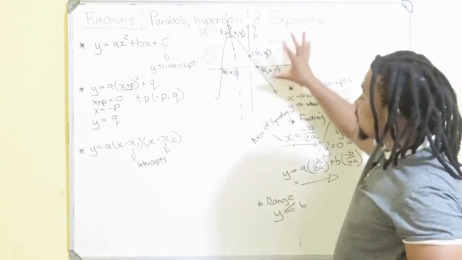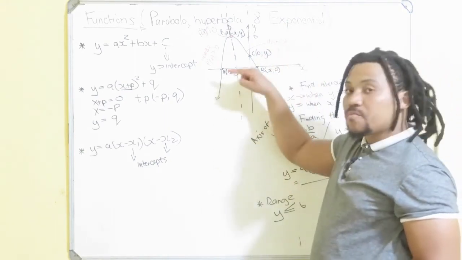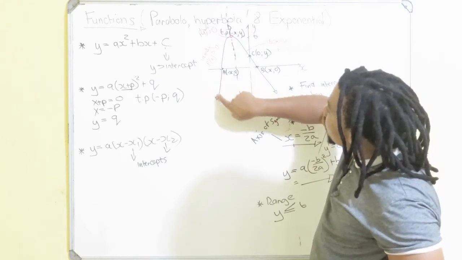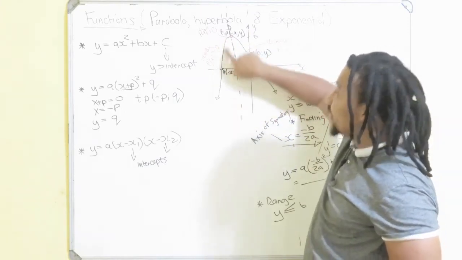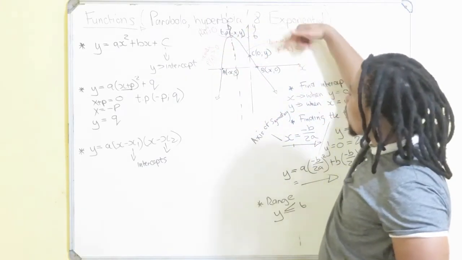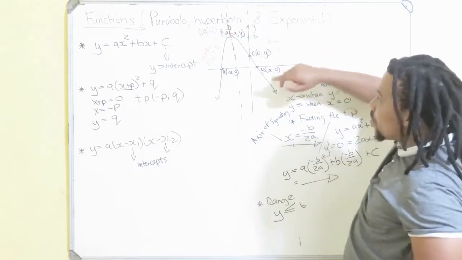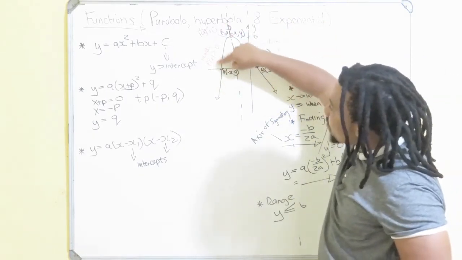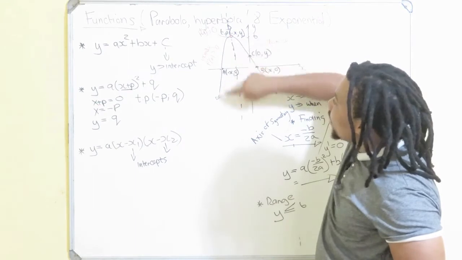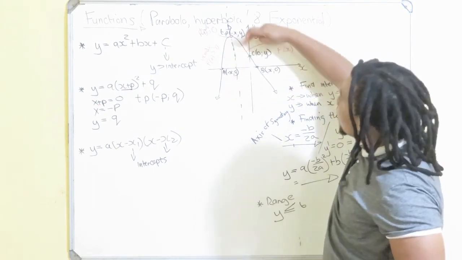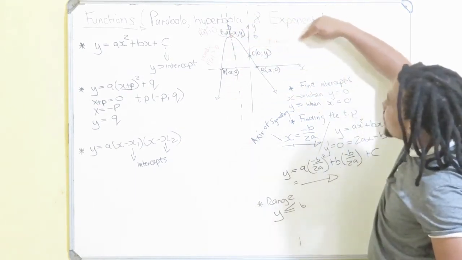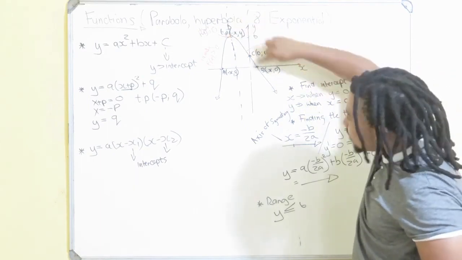I'm explaining this because I do not want you to have problems when they ask you for the values of f'(x) greater than 0, or the values of f'(x) less than 0. Values of f'(x) greater than 0 will always be on the increasing side of the graph, and values of f'(x) less than 0 will always be on your decreasing side of